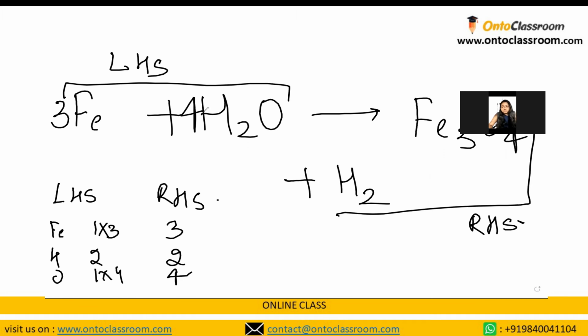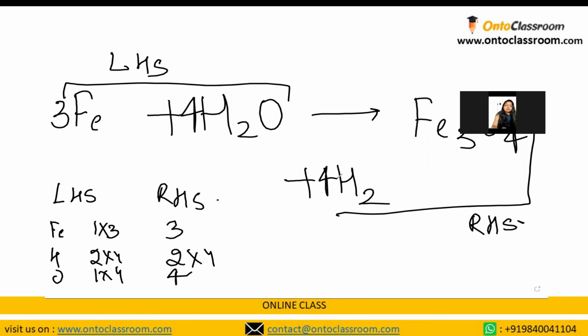So what do you do? You're right. You have to multiply the RHS side with 4. On the LHS, you already have 4. On the RHS, you multiply it with 4. Then you get 8 atoms each. Now you find your equation is completely balanced and error-proof.